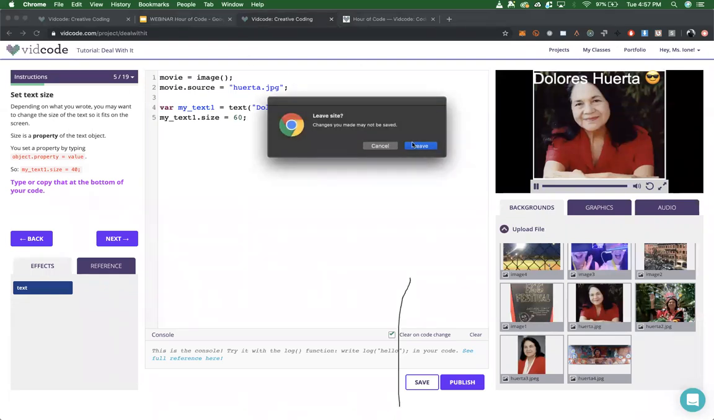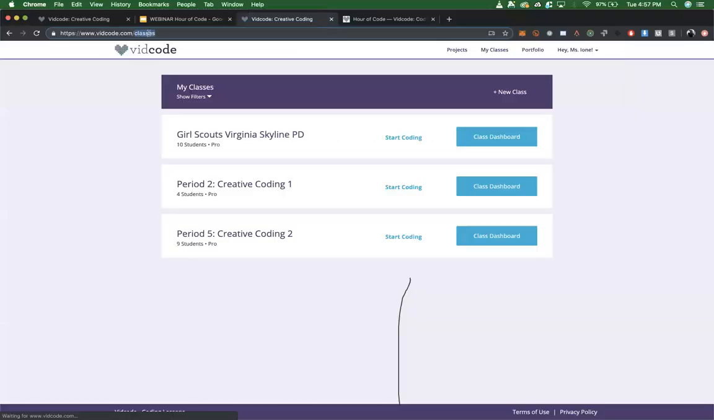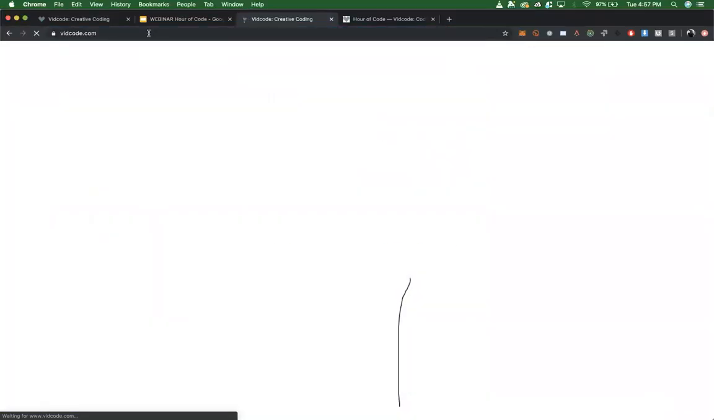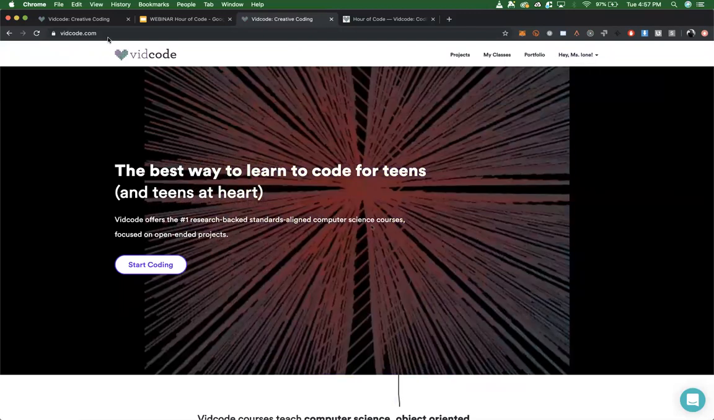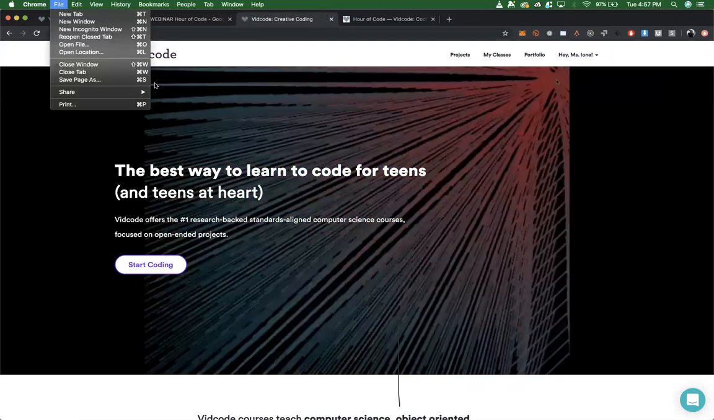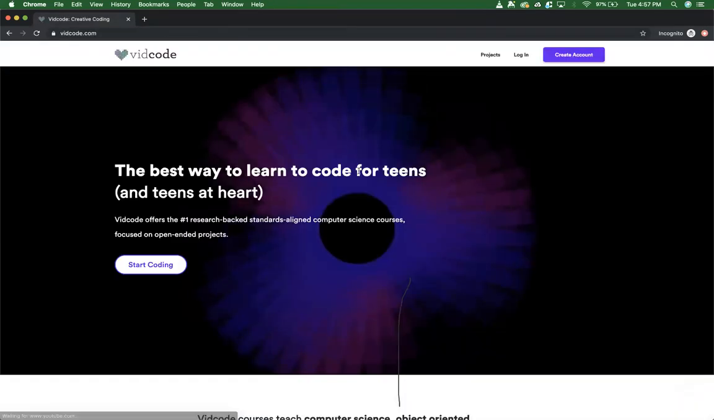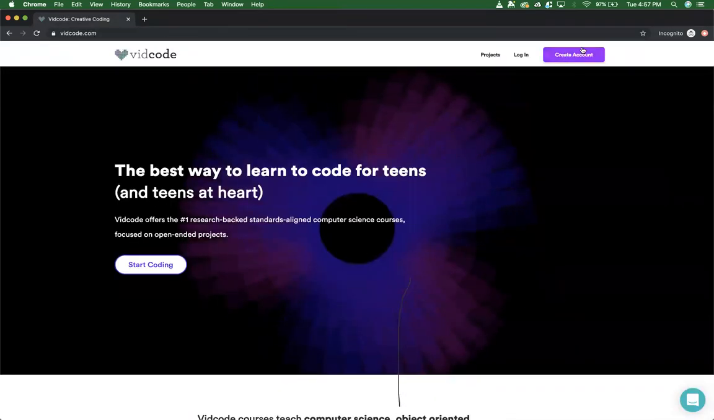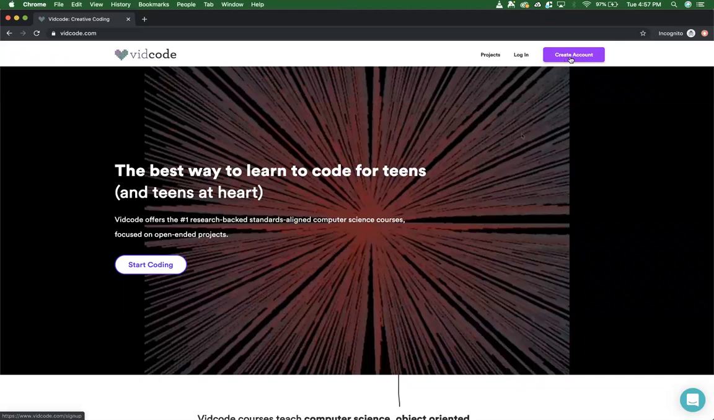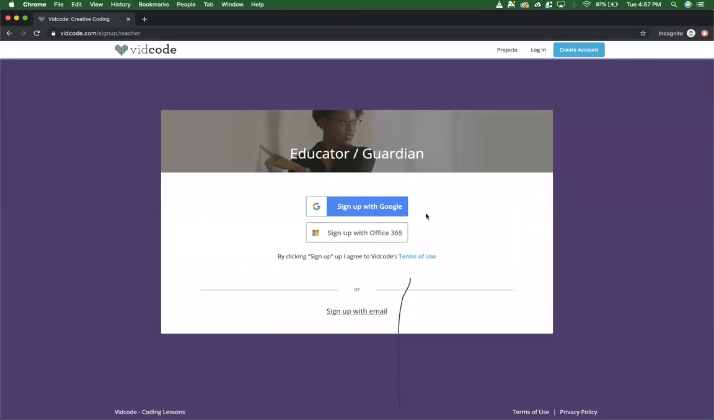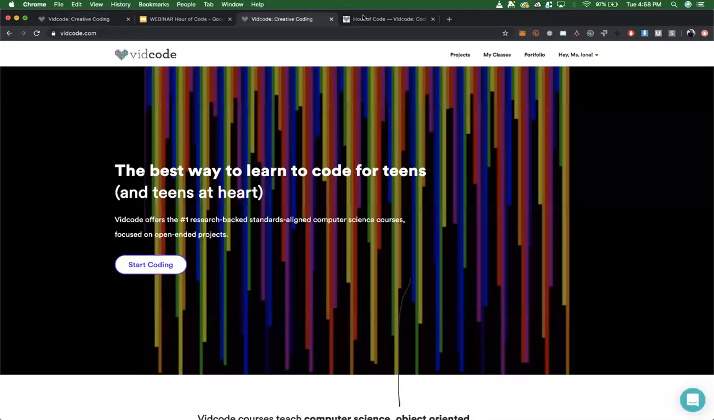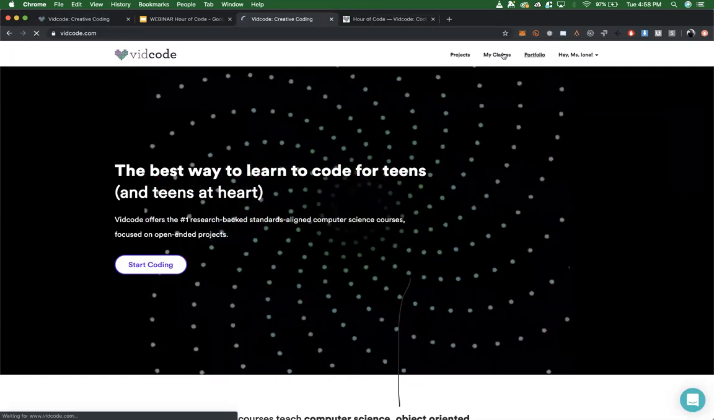So the process for that is just to go to vidcode.com, and let me actually open this in an incognito window. If you go to vidcode.com, there's going to be this create account button in the corner. You can go ahead and click that, sign up as an educator. It's totally free, and once you've done that, you are going to be able to